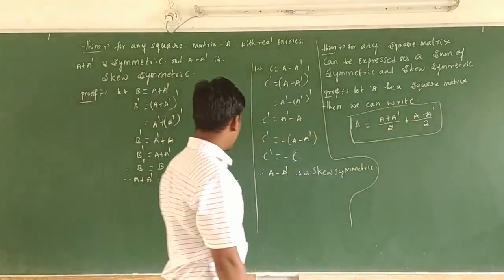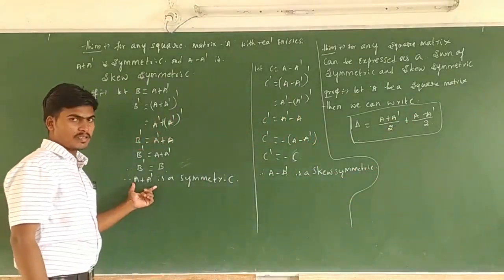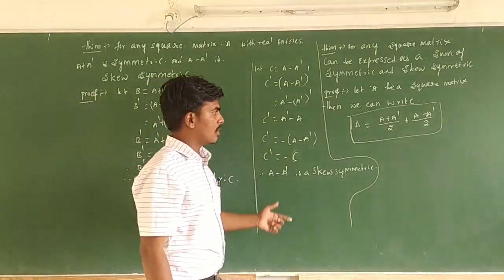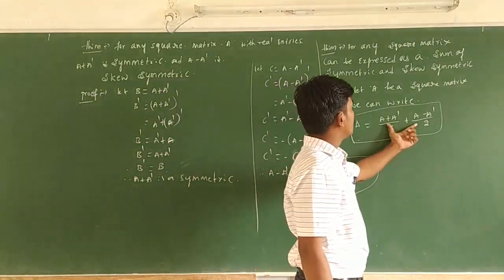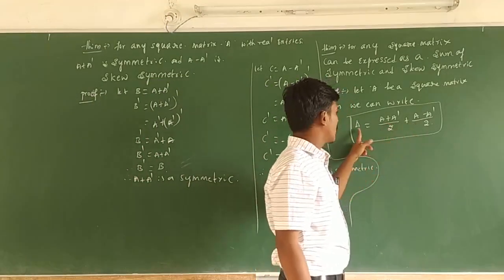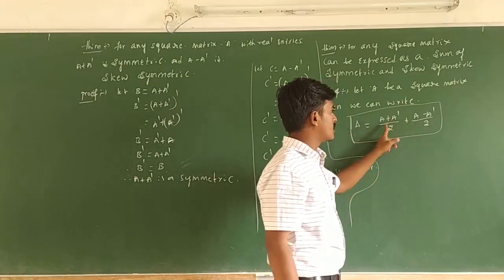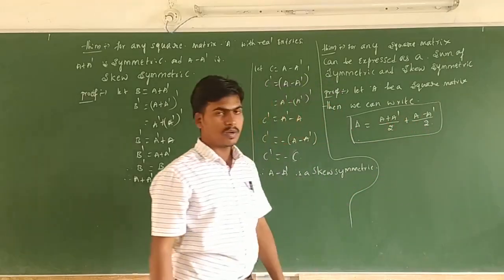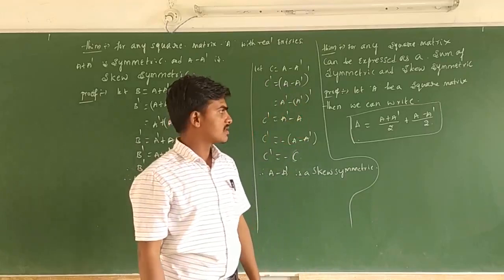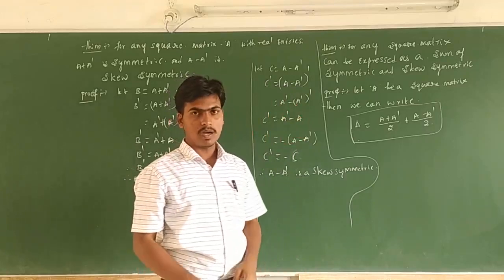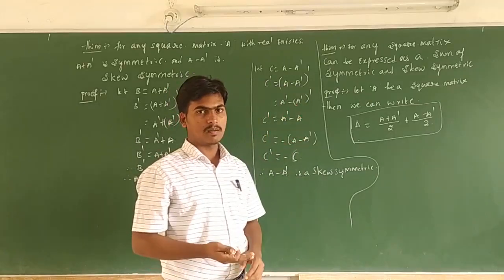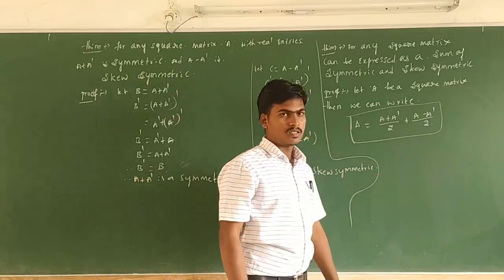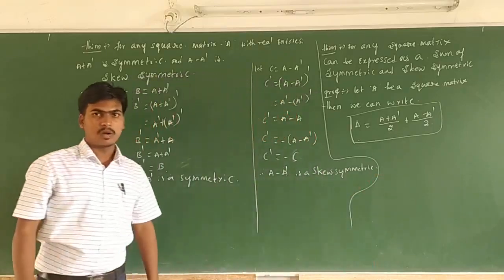You already know that A plus A transpose is a symmetric matrix, right? And A minus A transpose is a skew symmetric matrix. So the sum of these two matrices is also a square matrix. The square matrix can be expressed in the form of sum of symmetric matrix and skew symmetric matrix. In 5 marks or 3-4 marks questions, you get 3 marks: express the given matrix in the form of sum of a symmetric and skew symmetric matrix. By using this, we have to solve some problems. That is the example problem to solve.